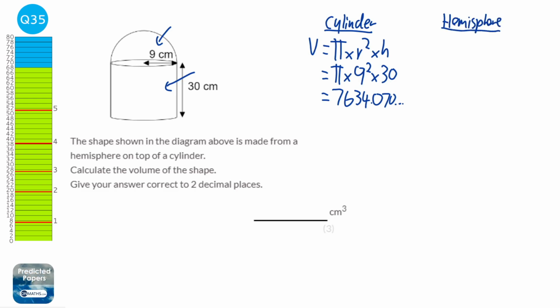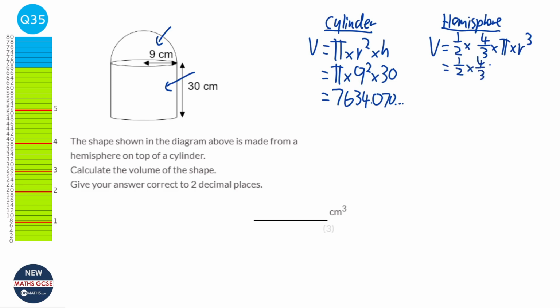To find the volume of the hemisphere, well, the volume of a sphere is 4/3 times pi times r cubed. But because it's a hemisphere, we just times that by 1/2. So it's 1/2 times 4/3 times pi times r, which is the radius, which is 9 cubed. And that gives us